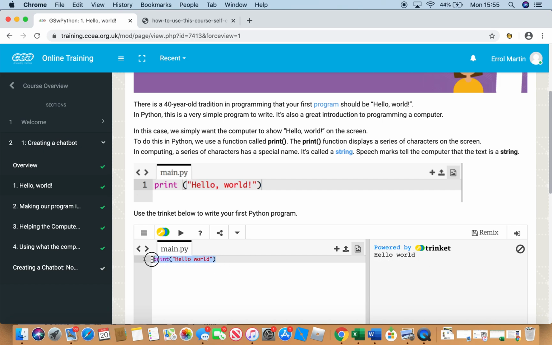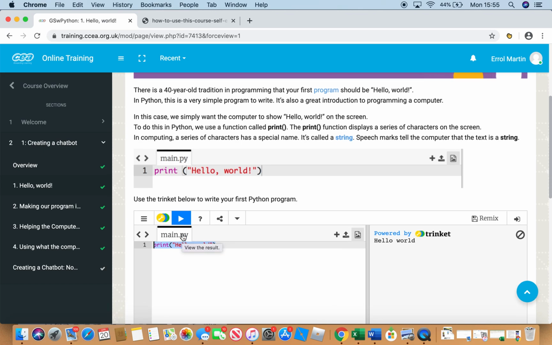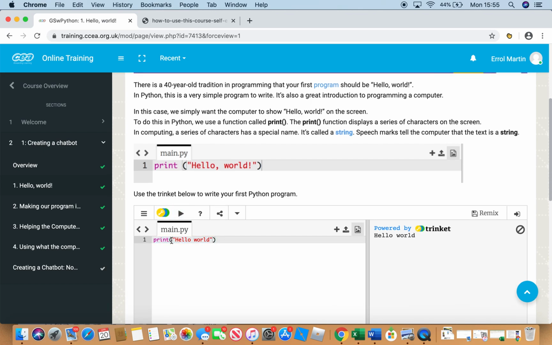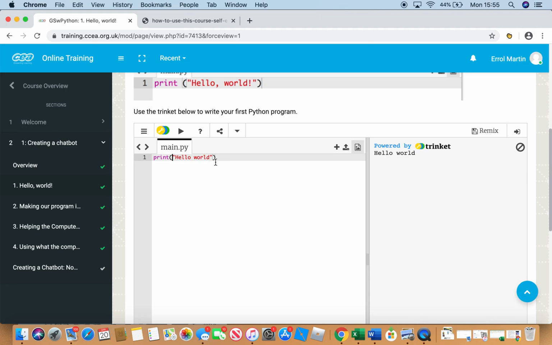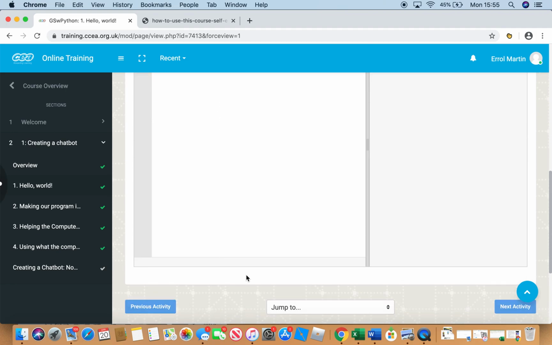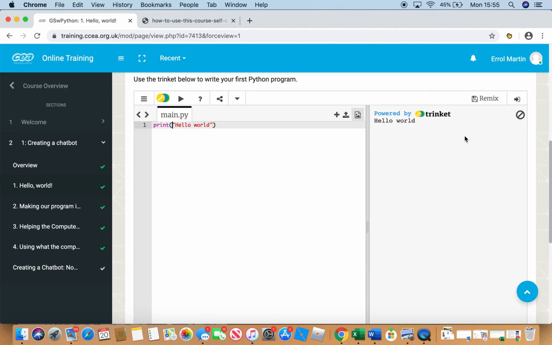So this is where you type your code. That function there, the view the result, is what's known as a compiler, and it compiles the code. In other words, it checks it for any errors, and then the output will appear on the right hand side. So there are no errors there, and it produces successful output, and then the output appears on the right